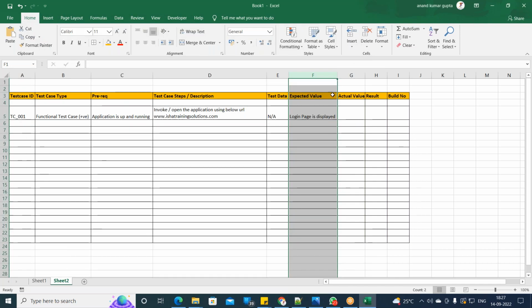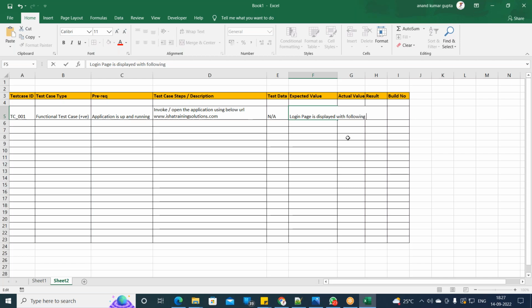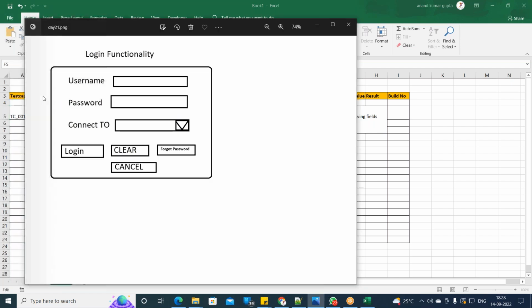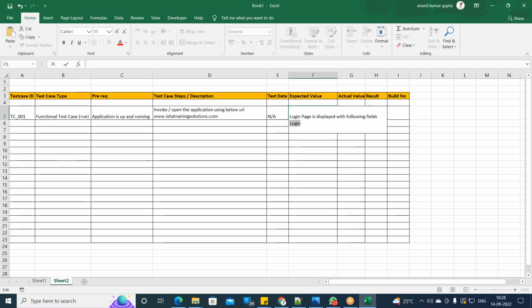If you want to be absolutely clear, you can say that login page is displayed with the following fields. Okay, with following fields. What are those fields? Username, sorry, not login. Okay, username field,